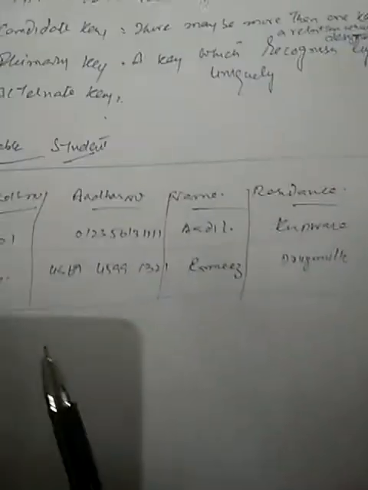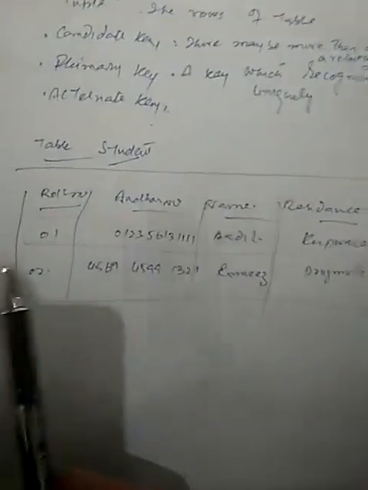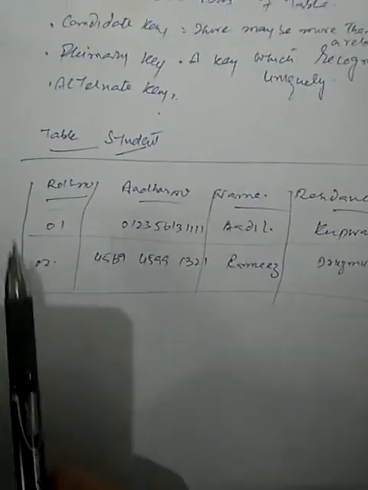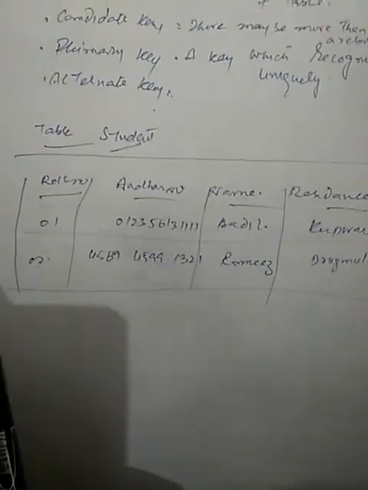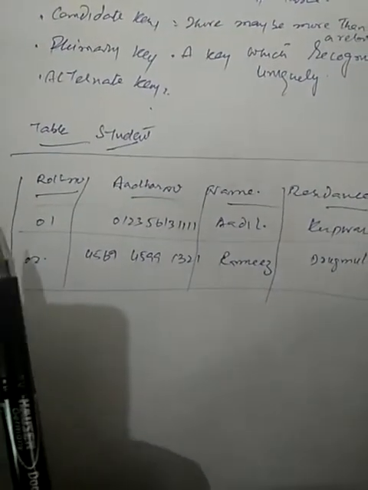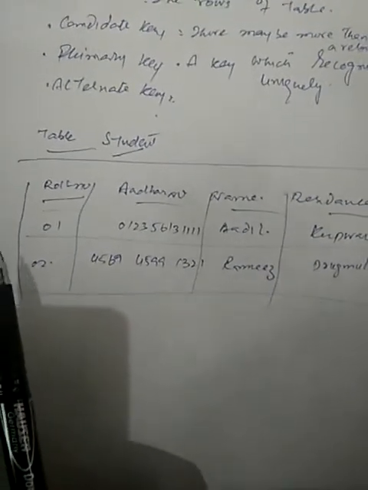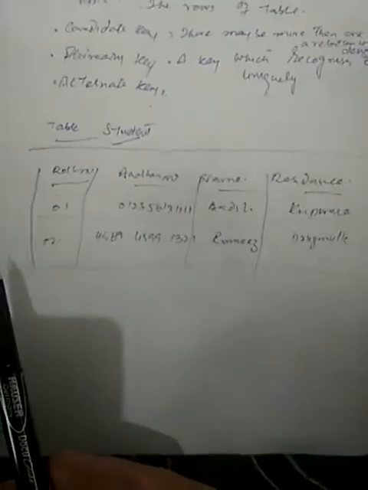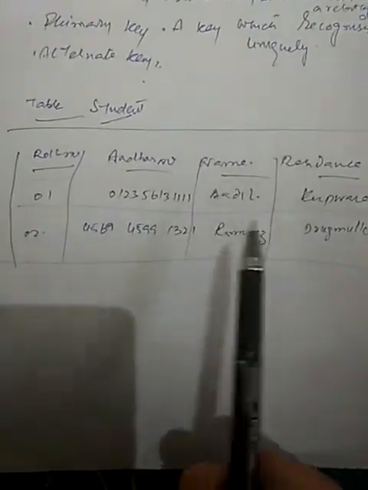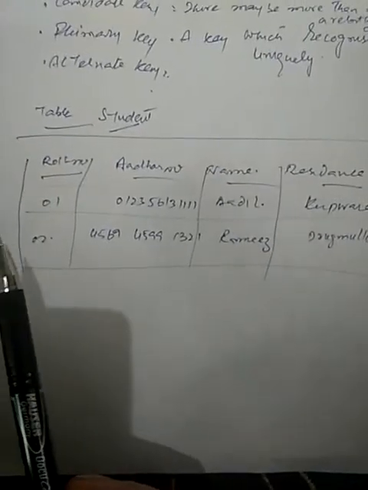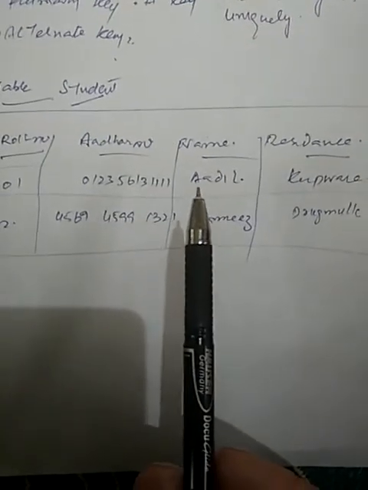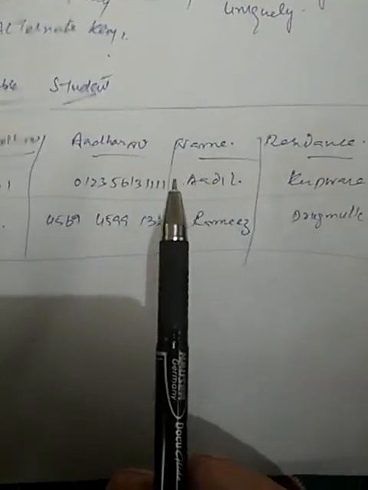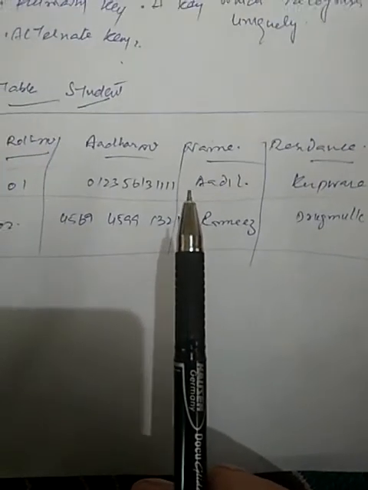Then what is the key? See here, we need such a key which can uniquely identify a record. Suppose a roll number. If we know the roll number of a student, we can retrieve his whole information. So in order to choose a primary key, first we have to identify which key can identify the whole record, the whole horizontal line, uniquely. If we put this name as the primary key here, Adil can be the name of many students. So we cannot set it as a primary key because it does not uniquely identify the whole record. So what should be our primary key?